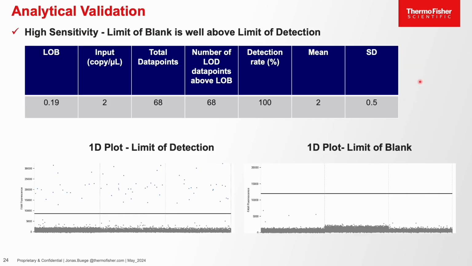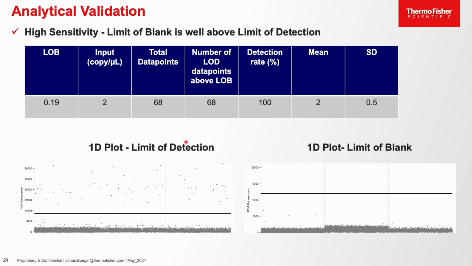To minimize the background noise in the blank sample and to have a clear separation between the limit of detection and the limit of blank is important for accurate assay performance. In the table here, we can see that the average limit of blank across the 68 wells was 0.19 and the average LOD across the wells was 2 copies, and there was 100% detection with all the points well above